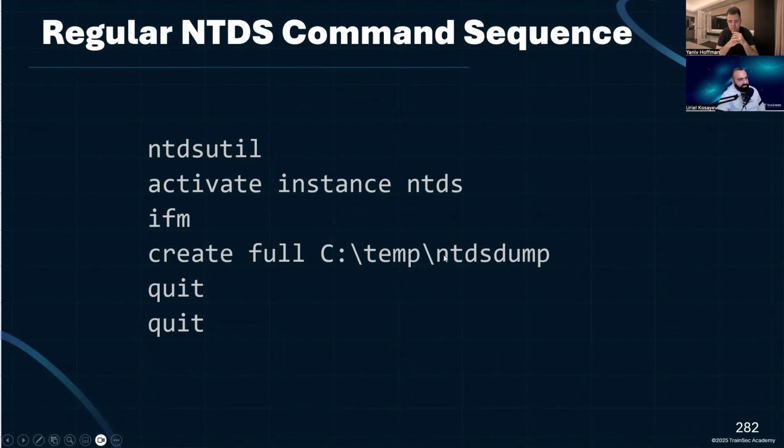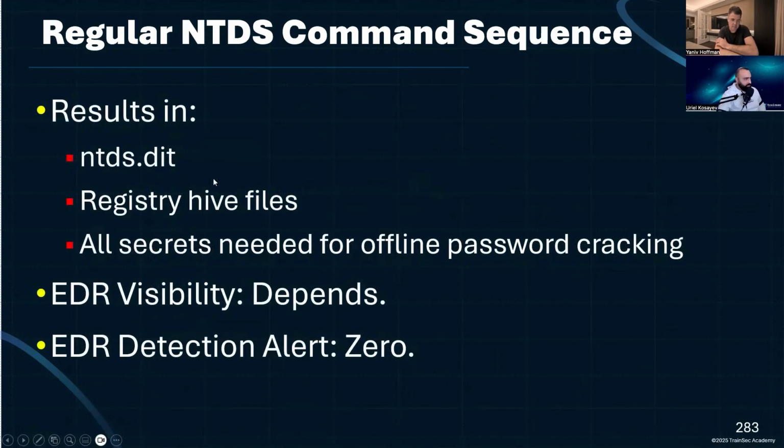In this example it's C:\temp\ntds_dump. You can call it whatever you want, and then you quit from it. So it results in ntds.dit and the registry hive files, all the secrets needed for offline password cracking or pass-the-hash attacks. Regarding EDR visibility, it really depends. There are EDRs that take this telemetry,